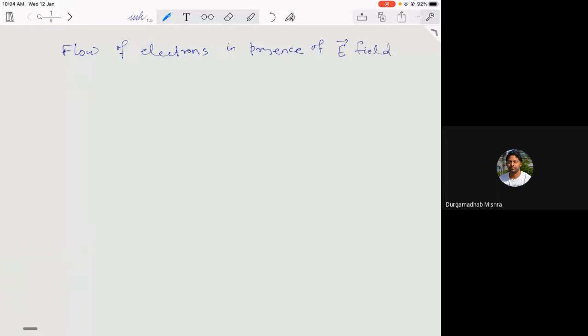This electric field you represent as a voltage that you apply to the sample, and in response to that, you have a flow of electrons or charges, which gives rise to a current I. And the relation between your voltage and current is given by Ohm's law, which is V is equal to I into R, and R is the resistance of the material,